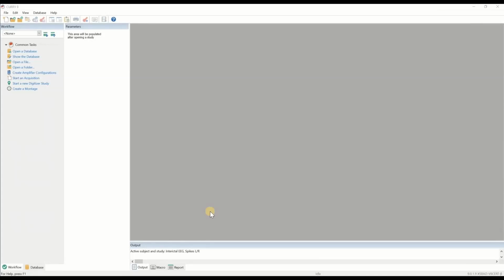This is a short demonstration of the features of Curry 9 and how some typical workflows can be performed. Let's start with performing an acquisition. We're here from the Workflow tab, where Curry presents us with typically used options depending on the state the software